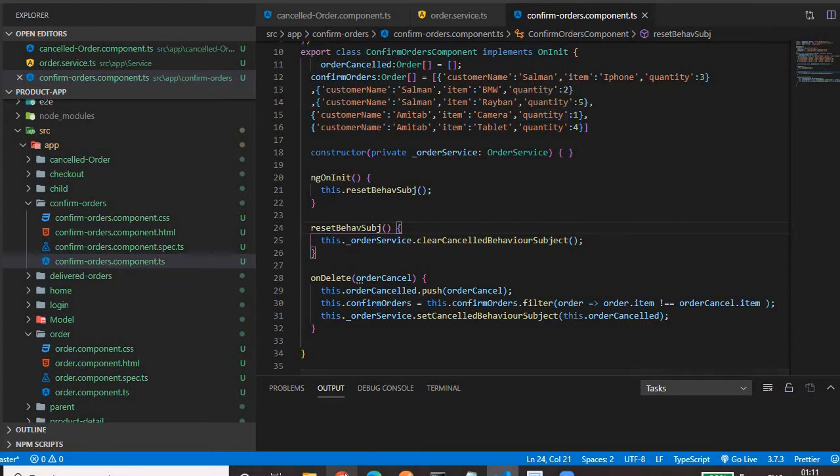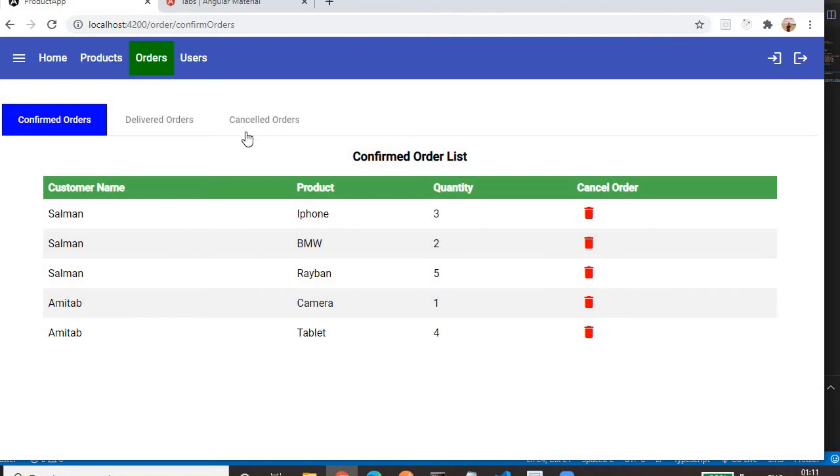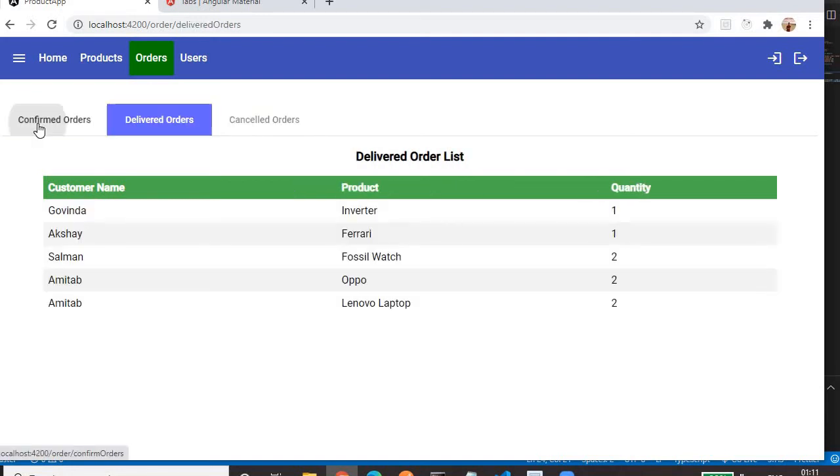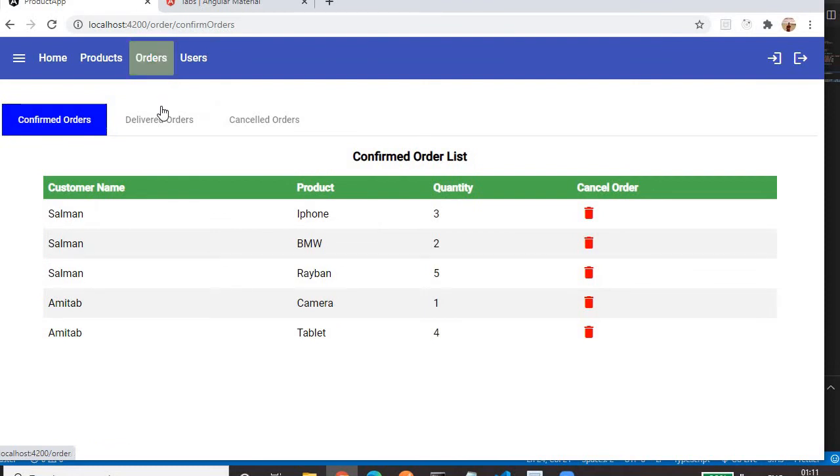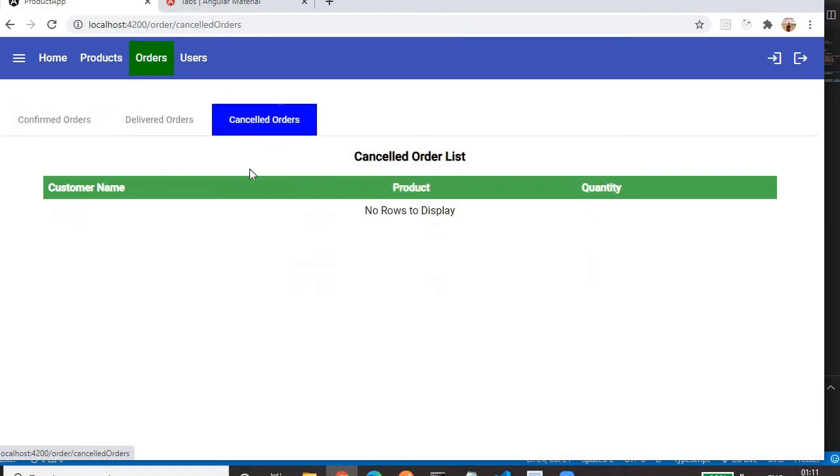So if you see these tabs, confirm order, cancel order, these are sibling components because these are the children components of order component. So how can we pass the data from one component to another? If I click on this delete button, the record will be deleted from here, and we will get that record in the cancel order.